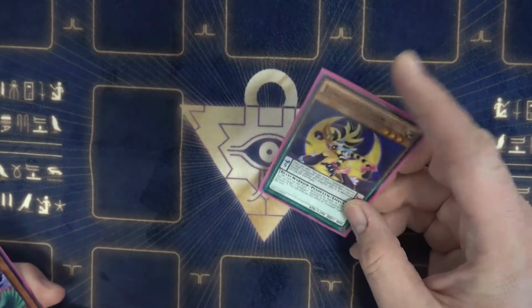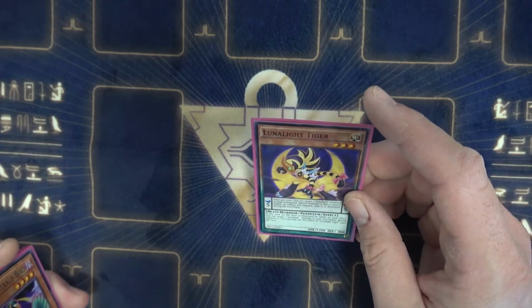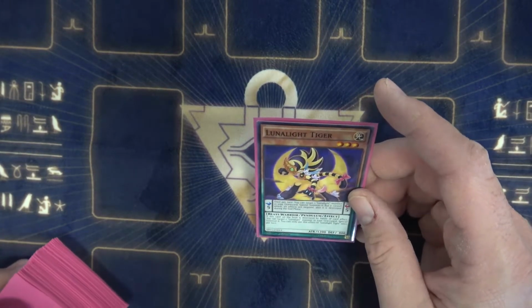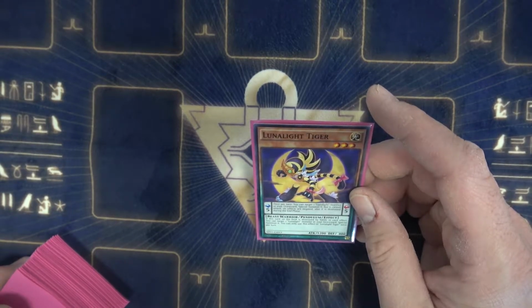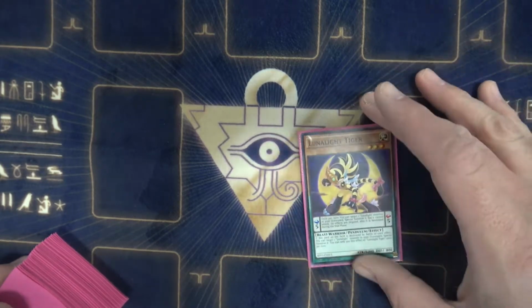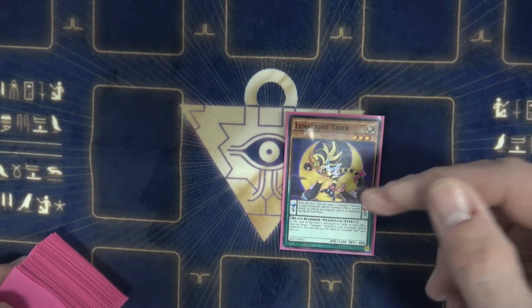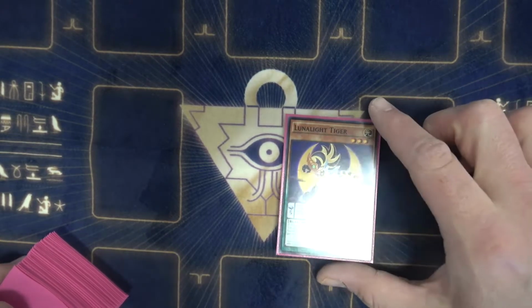1 Lunalight Tiger. This beautiful card came off the Forbidden list recently, and I was super excited, and I wanted to play this deck ever since. So once per turn, you can target a Lunalight in your graveyard and special summon it. It can't attack, its effects are negated, and it's destroyed during the end phase. The thing about this is it's not a hard once per turn. So if you have this on the field, bring something back, bounce it to your hand, activate it again, do it again. Most of you know this, but